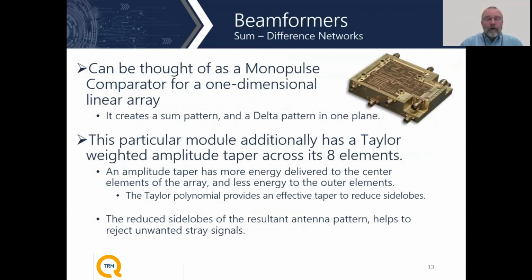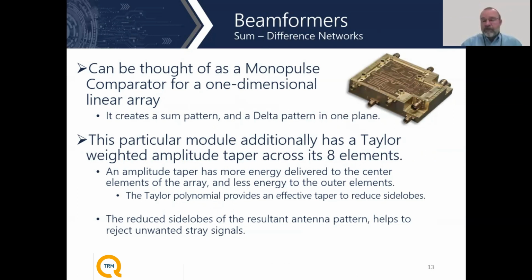There are lots, and one example here. This is an example of a sum difference network, which is really thought of as a single dimensional monopulse comparator. TRM builds this particular one for a military application, but this particular one over here has 8 antenna elements input. The antenna elements are set up in a linear array, and really what this part is looking for is the sum, or the data, to make sure that the information being received is maximized,